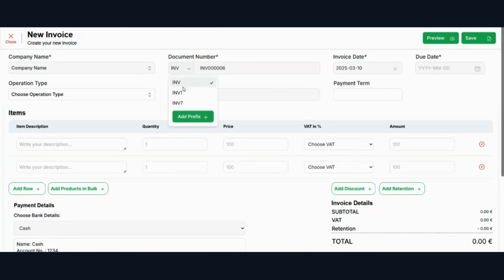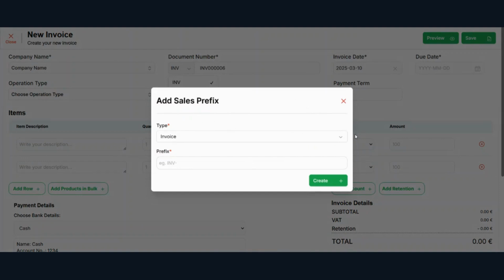Here you can choose many of the prefixes, whichever prefix you have already added in your sales prefix page. You get them from here, and if you want to add one, you have the option to add a new prefix from here also.